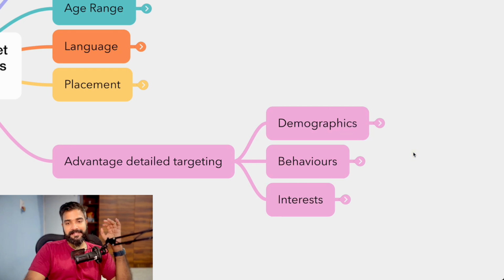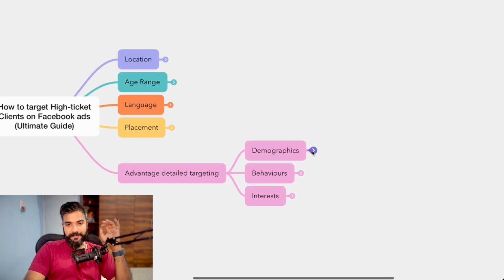And this is where the difference between the old campaign where I was not getting good results came in, right? In the old campaign, I would pick entrepreneurship as an interest. However, in the demographics, you can pick B2B business owners as a demographic because that's the reality. We don't care what they are interested in because this has the lowest priority, in my opinion, when it comes to advantage detail targeting. The first thing that you should always pick is demographics.